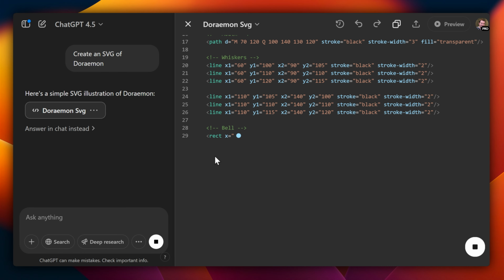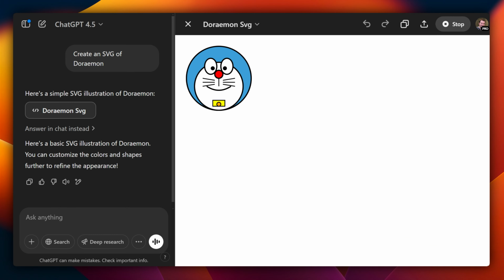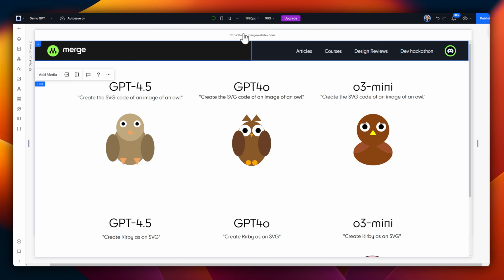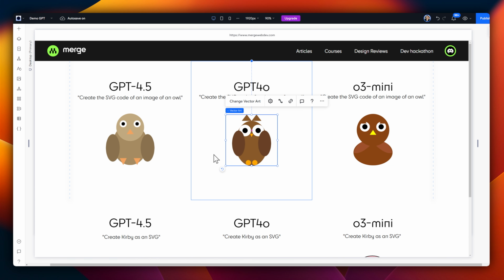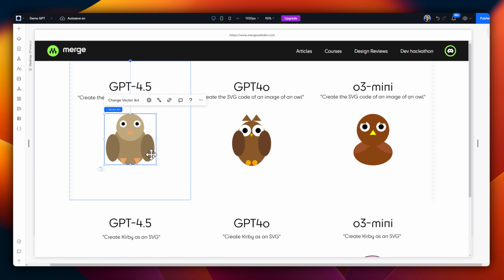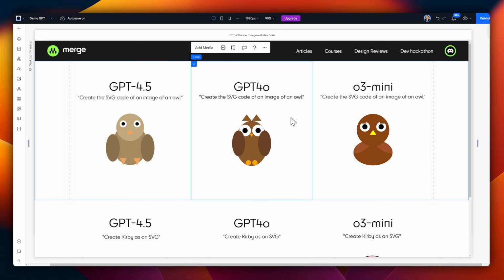However, 4.5 seems to perform quite well at this task. Here's my website on Wix Studio. I created 3 exports for each model from OpenAI: o3-mini, GPT 4o, and 4.5. You can see that the worst model here is the o3-mini, with its owl version almost looking at me sideways. The next best one is GPT 4o, and the 4.5 model does a pretty good job at an owl,